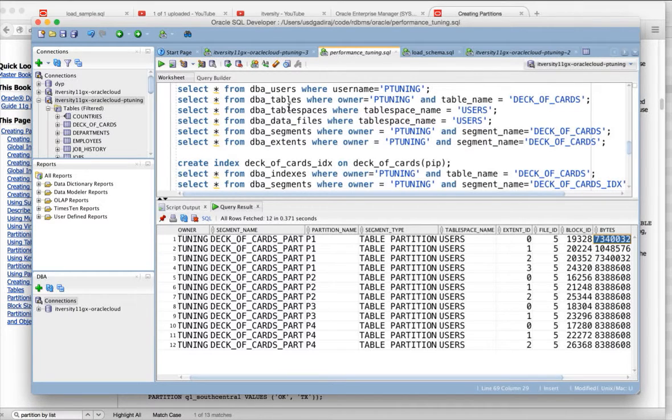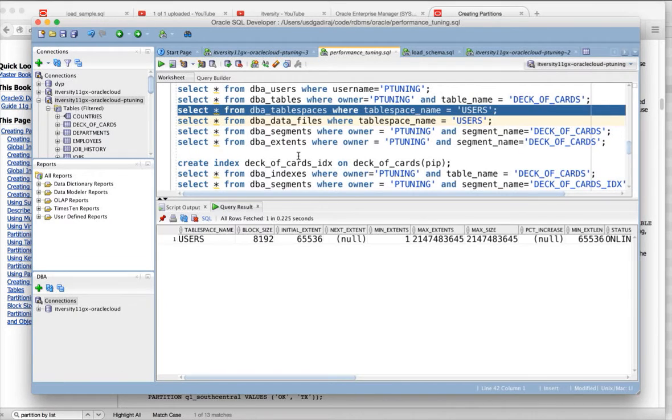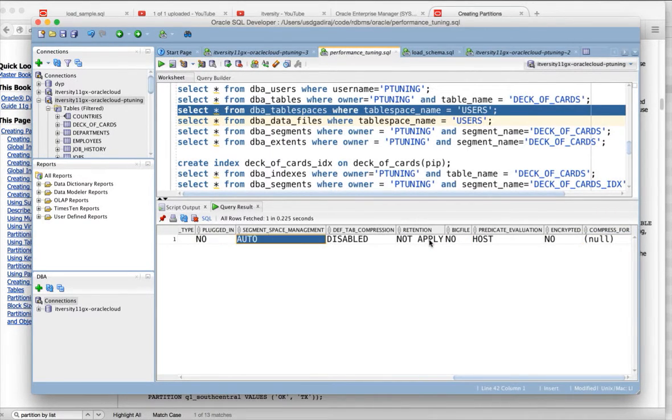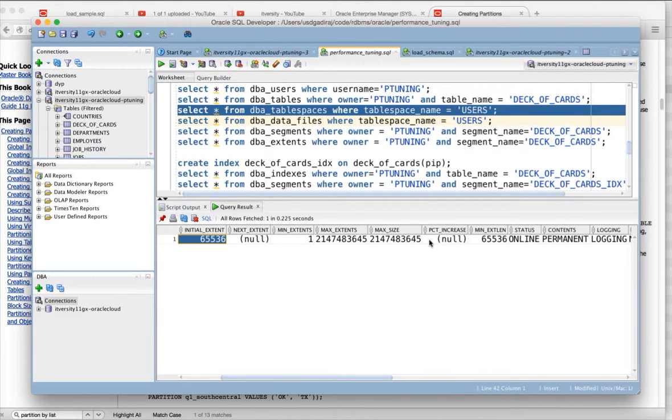Let me show that. We are using the users table space for everything, right? And here, yeah, you can see that the segment space management is saying auto. So depending upon the usage of your table space, the size, the initial extent and next extent values can change, it seems. But the main thing you need to understand is whether it is a partition table or an index or a table,